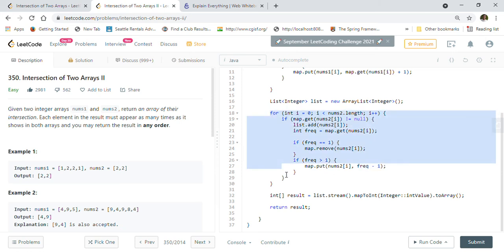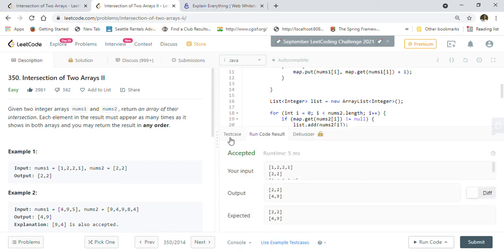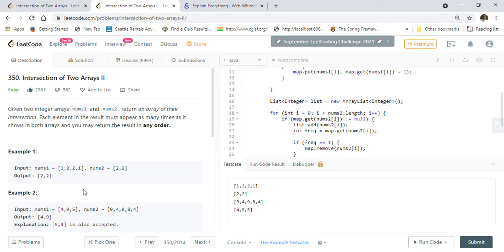So it's pretty straightforward, and at the end here we are getting the list, right? So we are converting the list into an integer array by this standard way of Java 8. You can use this way to easily convert a list of integers into an integer array, right? And we will return that result array here. So let us take both the examples we have been given, and we will give it a run now.